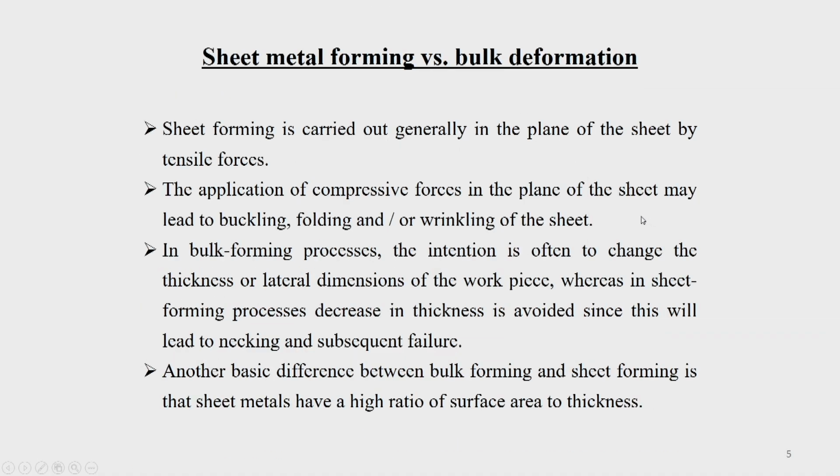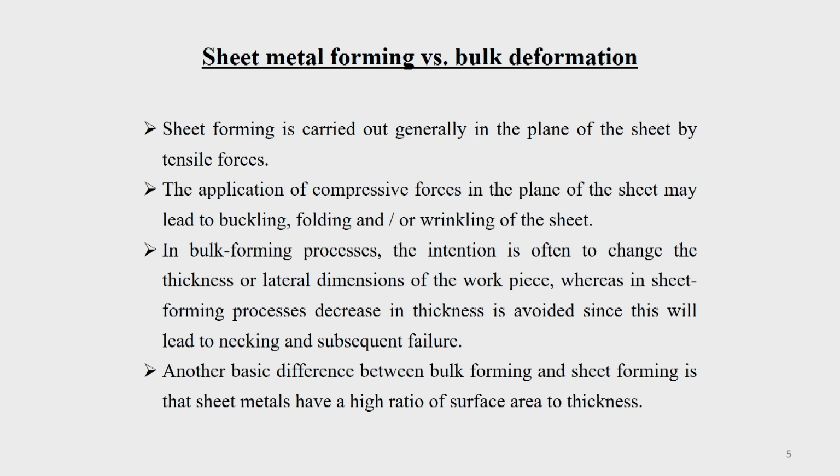But before we proceed further, let us make a distinction between sheet metal forming and bulk deformation. In bulk deformation, you will find that most of the time the material is deformed in all the 3 directions. And in most cases it is by compressive stresses, maybe direct compressive stress or indirect compressive stress. As a result of the reaction, you may get compressive stress. So, any of these things are there.